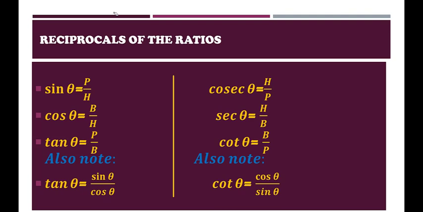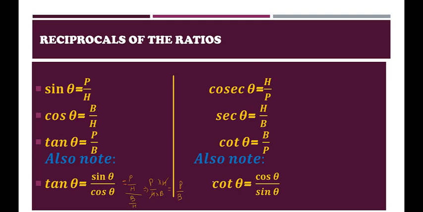Also note that tangent theta has a relationship with sin theta and cos theta. So tangent theta can be written as sin theta upon cos theta. So can you see that sin theta is nothing but perpendicular upon hypotenuse. Similarly, cos theta is what? Base upon hypotenuse. So can you calculate from here? Perpendicular upon hypotenuse multiplied by hypotenuse upon base. Hypotenuse and hypotenuse get cancelled out. What remains is perpendicular upon base. And what is perpendicular upon base? It is tangent theta. So this is how tangent theta is related to sin theta and cos theta.